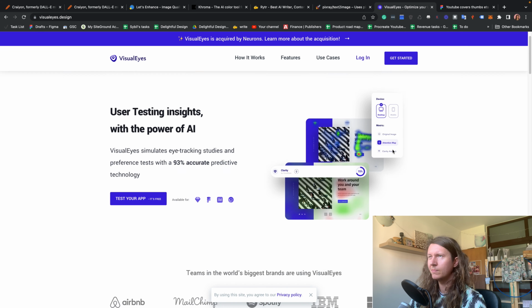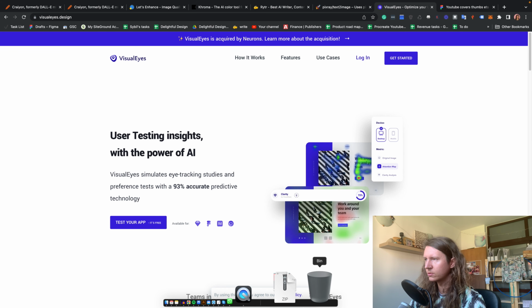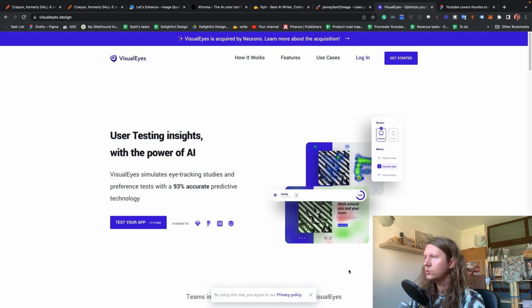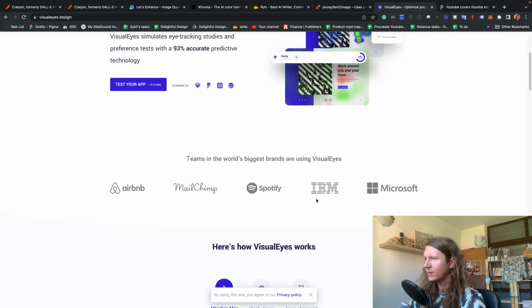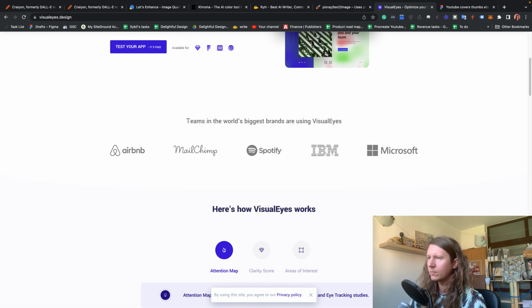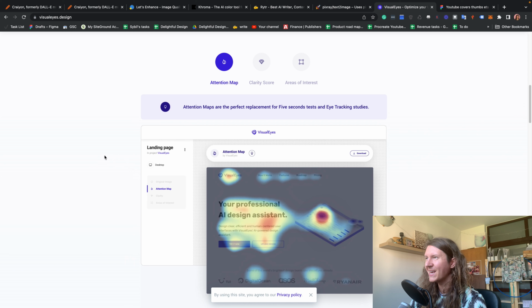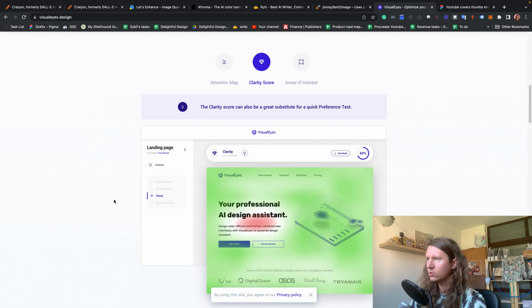And finally, one of the most intriguing and advanced AI tools that I've come across for designers is Visualeyes. Visualeyes is able to use the power of AI to simulate eye tracking studies and preference tests with a 93% accuracy. It's used by some of the biggest companies in the world, including Airbnb, MailChimp, Spotify, IBM, and Microsoft. It offers you a heat map, an attention heat map of where the focus on designs that are being produced is most. It also gives you a clarity score,